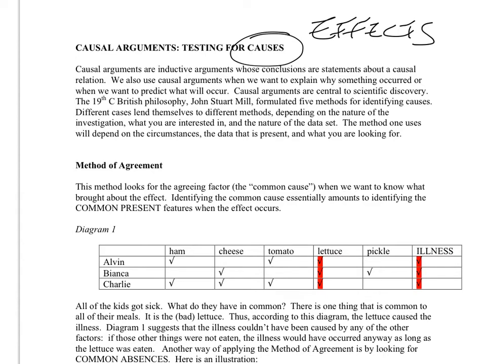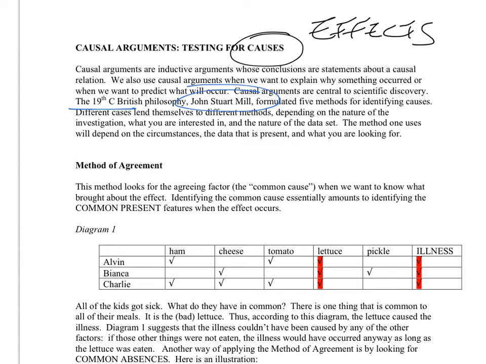And critical reasoning is about understanding the relationship between causes and effects and how we can make inferences from causes and effects and from effects to their causes. The person whose work was very concerned with the relationship between causes and effects and what kind of information we can draw from that is a British philosopher whose name is John Stuart Mill, and he lived in the 1800s,